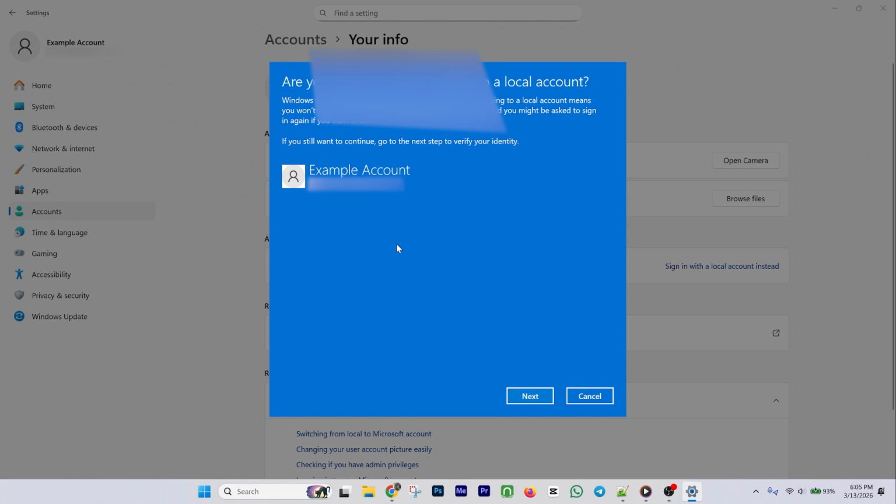Follow the on-screen instructions to confirm, and Windows will sign you out. You'll then sign back in using the local account you just set up. If you're asked to create a PIN or verify your identity, complete those prompts so you can proceed. Once you're back on the desktop with your temporary local account, open Settings again, return to Accounts, and go to